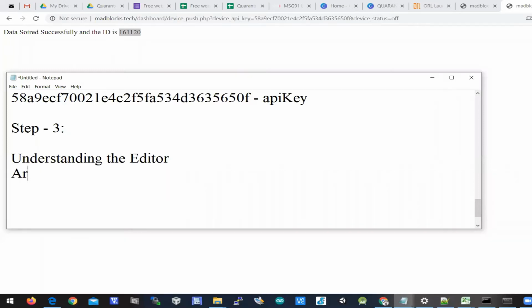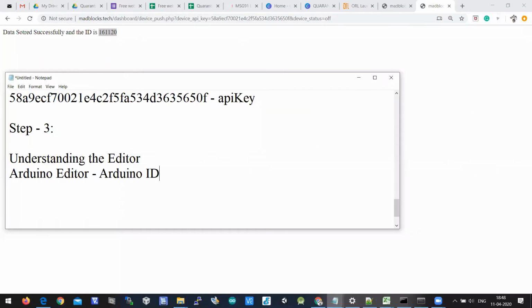We are using the Arduino editor, Arduino IDE, but we are not using any Arduino chip. We are using a chip called NodeMCU, a third-party chip, not a product of Arduino.